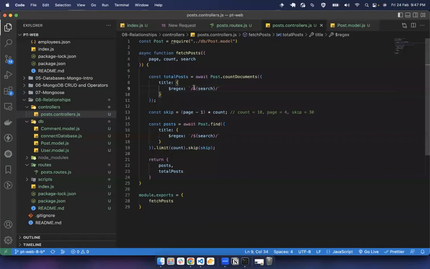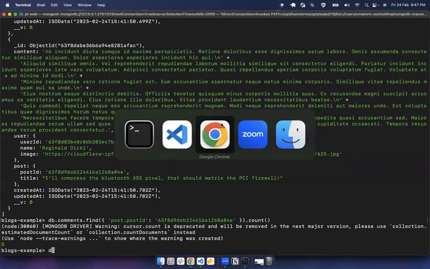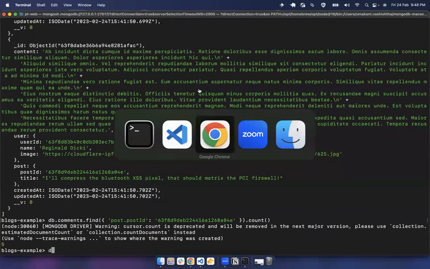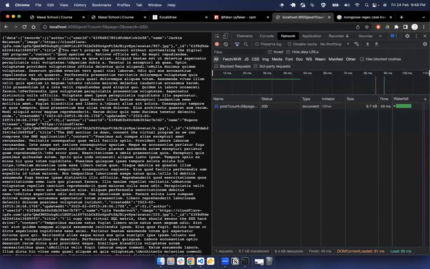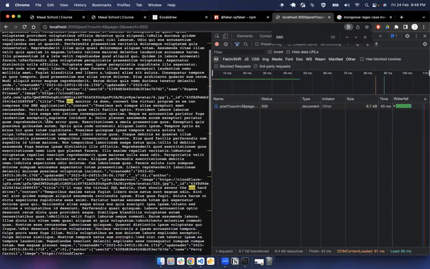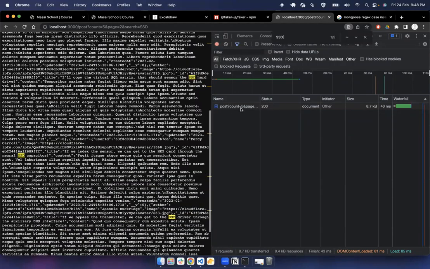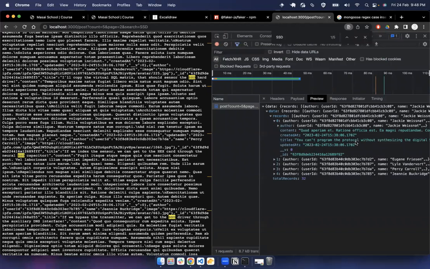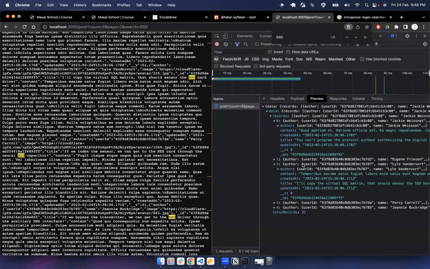Okay, I think we have to remove these things. We have to give a string pattern. So if we do this, I think this is supposed to work now. So in this, you will see that all of the responses have, you can see here as well. So in total, there are 32 records which have the word SSD in title. All of the words are going to include SSD. Okay,